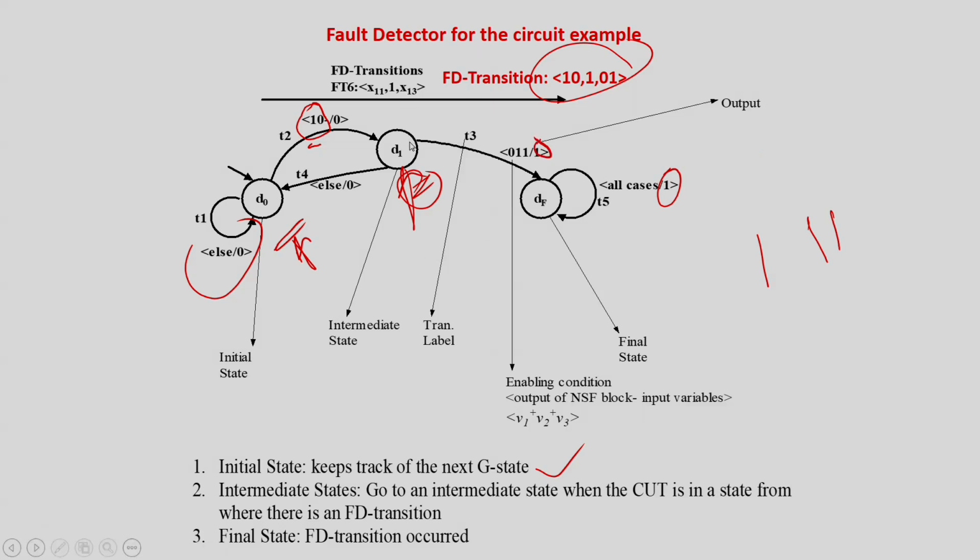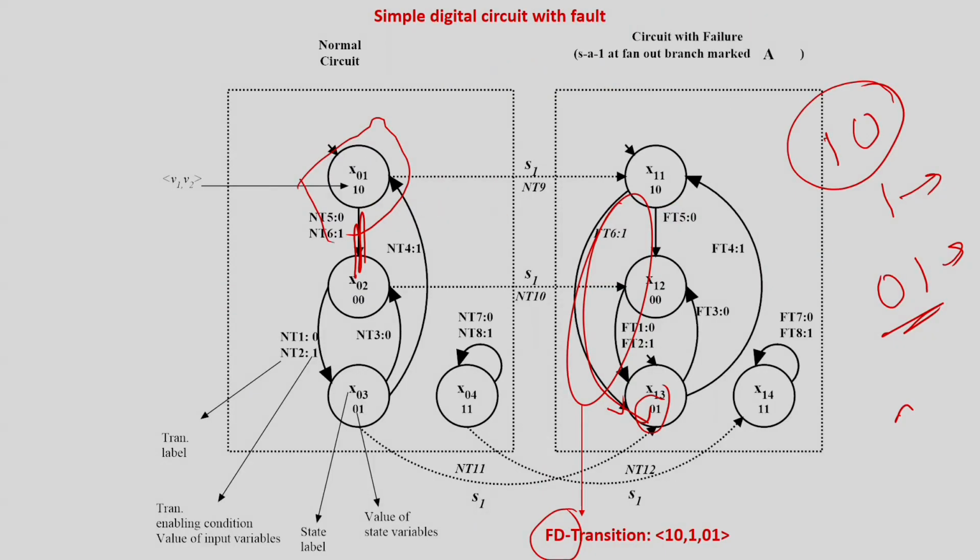Okay, and if it happens that the circuit is normal, you are going to get a value of 0 0 1. This is the input and this is going to be the next state. So it will again go back to D naught, that is corresponding to L0, and the fault is not flagged. That is the design of a fault detector, and this actually corresponds to only this single transition. We have to repeat this for all the transitions.